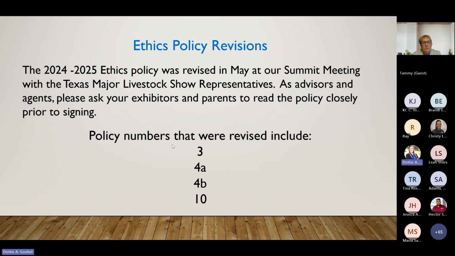I'm good, Tammy. 3, I don't recall really an edit, but it's certainly very important. And important to note that the link goes back to our website that has that rule number 3 approval form. Okay, and again, 4A and 4B simply refers to the sale of animals and what can be done legally for those animals. And then 10 again, that's just a reminder of altering an appearance or doing anything to enhance performance of those animals.